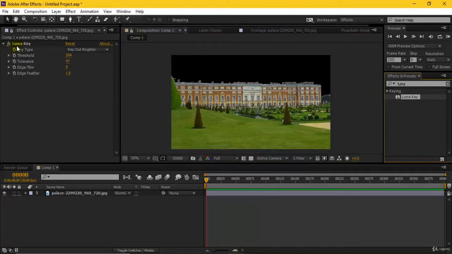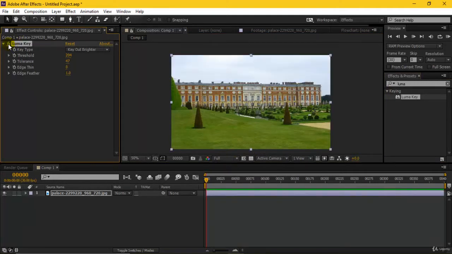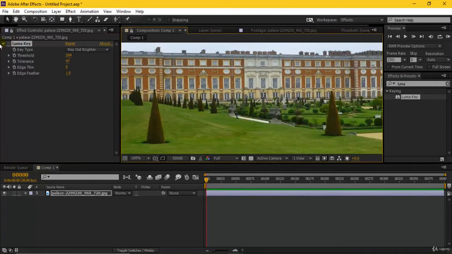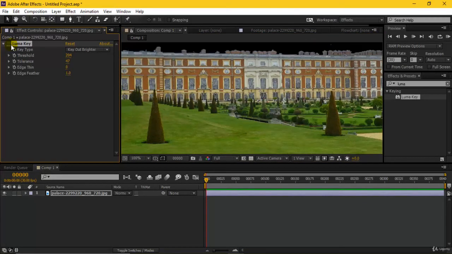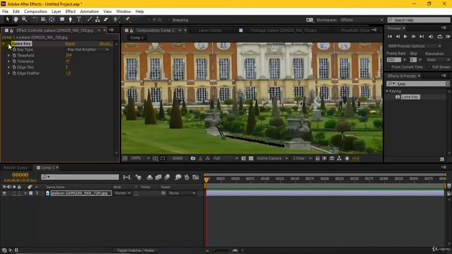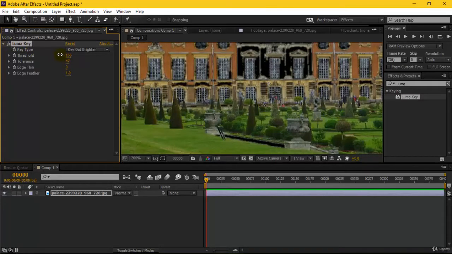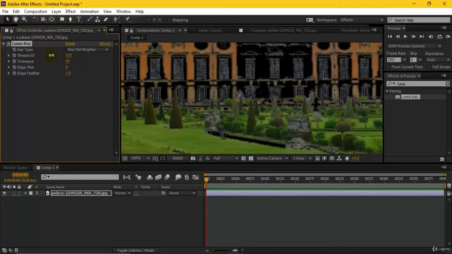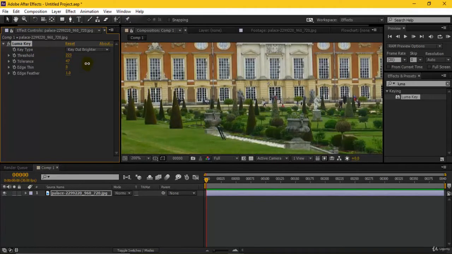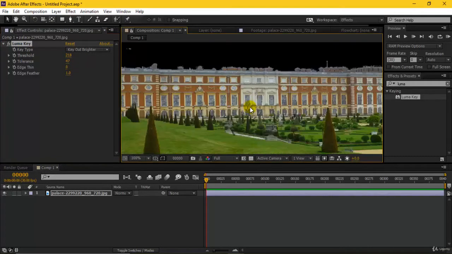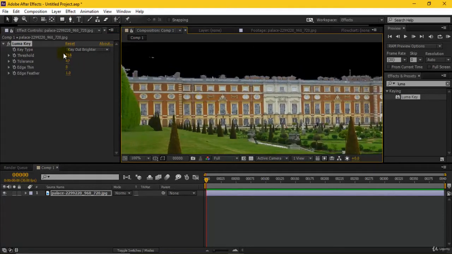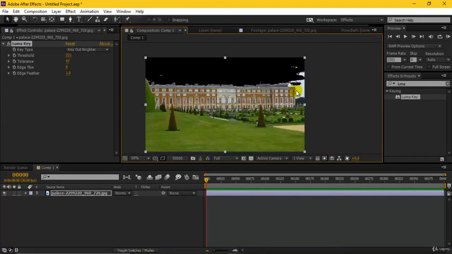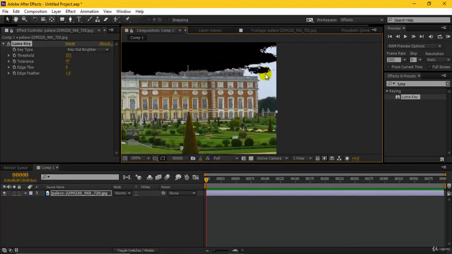So I've actually removed my sky here. As you can see, there are some issues over here.